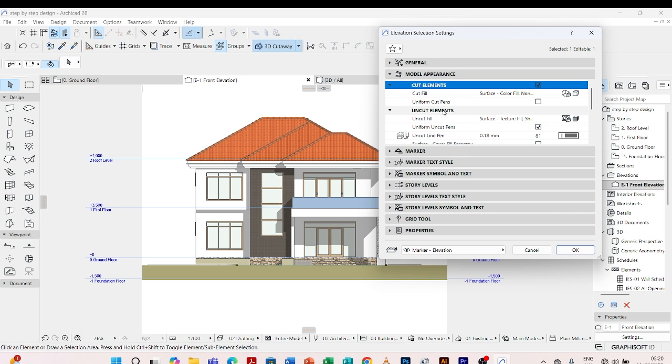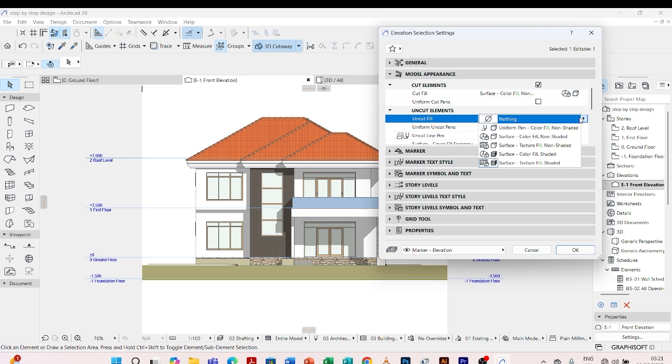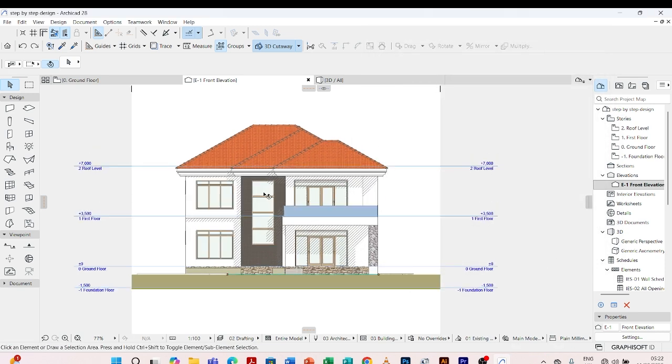Then under uncut elements, I'll drop down under uncut fill. Once I drop down, there is surface color fill non-shaded, surface texture fill non-shaded. So I'm going to go with surface texture fill non-shaded because we need also to see the texture of our materials. So once I click on that and I say okay, then now when you look at our shades,